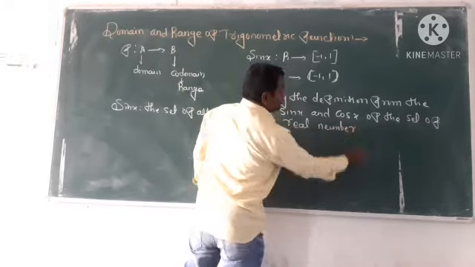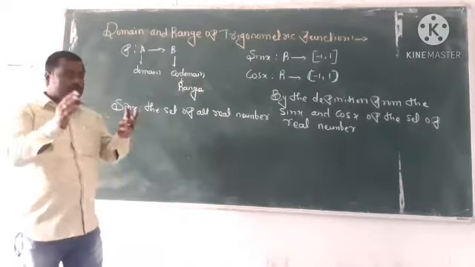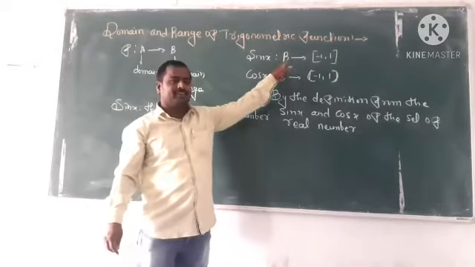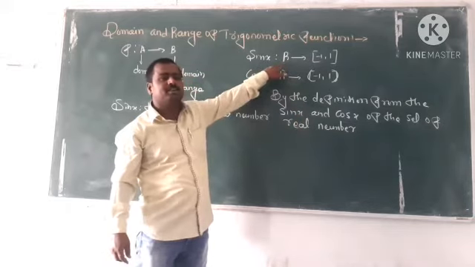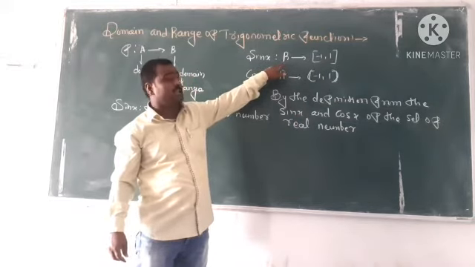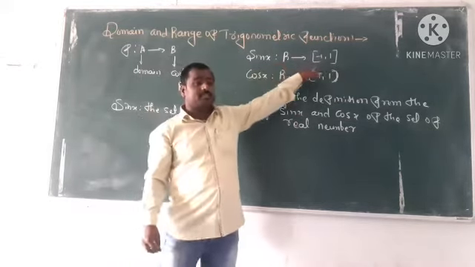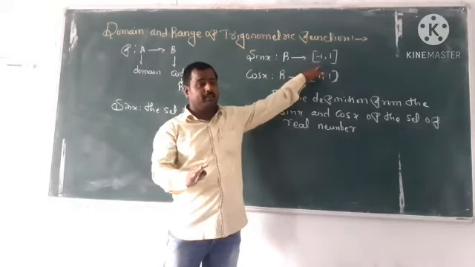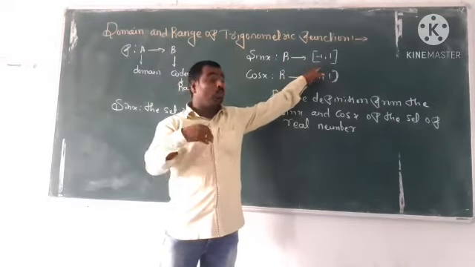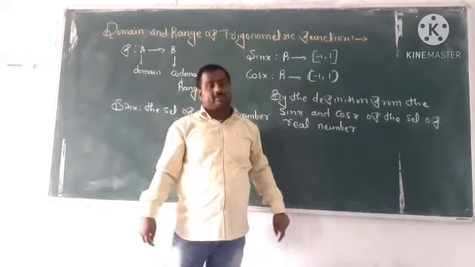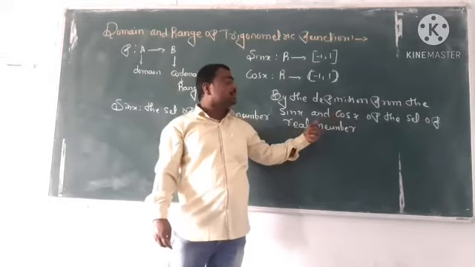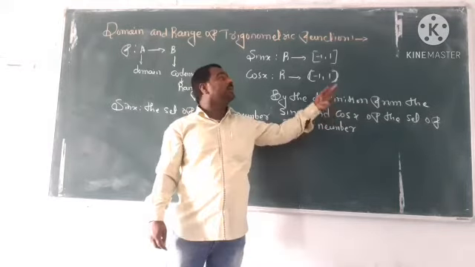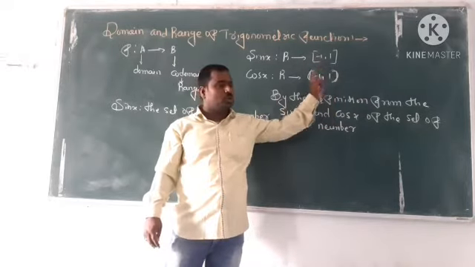Clear? Check it. First, what we are going to say here is a very simple thing, that is called the domain. It expresses the codomain. Clear? What about the other four trigonometric functions? From the definitions, we already calculated the set of real numbers as domain and the range is -1 to 1.